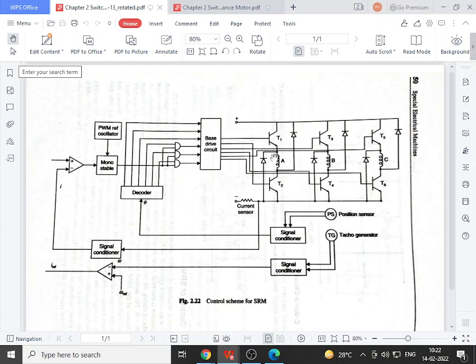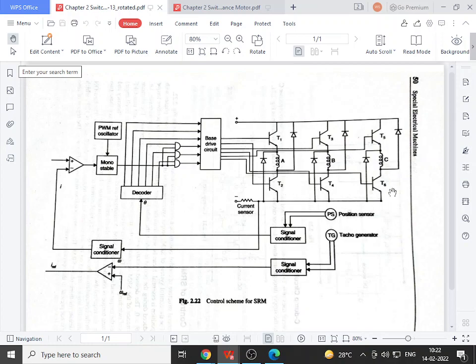Now the turn on time of the upper leg switching devices is generally governed by the position of the rotor. Therefore, we have to sense the rotor position. For that purpose, position sensors are used. These are generally rotor position sensors, which are either a combination of a Perspex disc along with a decoder circuit, that is an encoder decoder circuit, or Hall effect type sensors. The rotor position sensors are generally used to turn on the upper leg switching devices of the power converter circuit.